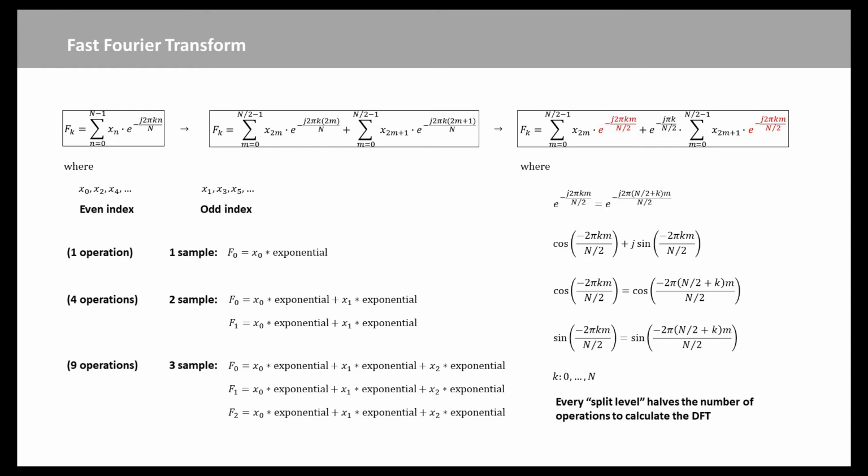Now we notice that the exponential terms in both the even and the odd index summations look identical. There is something tricky about this particular exponential. If we expand using Euler's formula into cosine and sine terms, where k runs from 0 to n, the total number of samples, we can look at what happens when the value of k is larger than n over 2. If we define r as r equals k minus n over 2, and r runs from 1 to n over 2, we can distribute the numerator and divide out the n over 2.